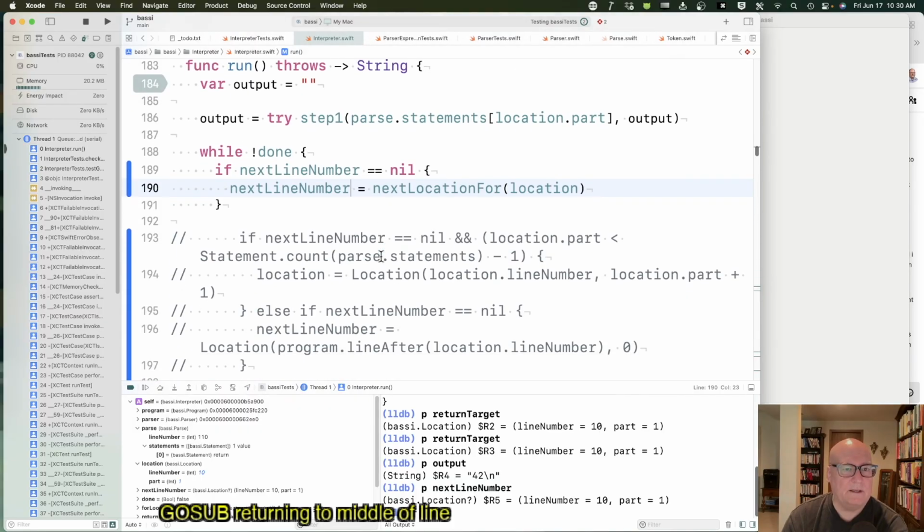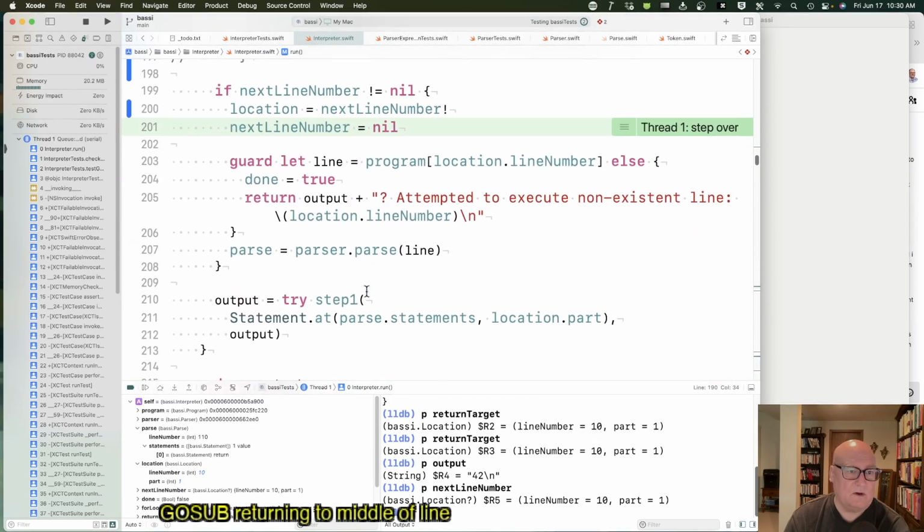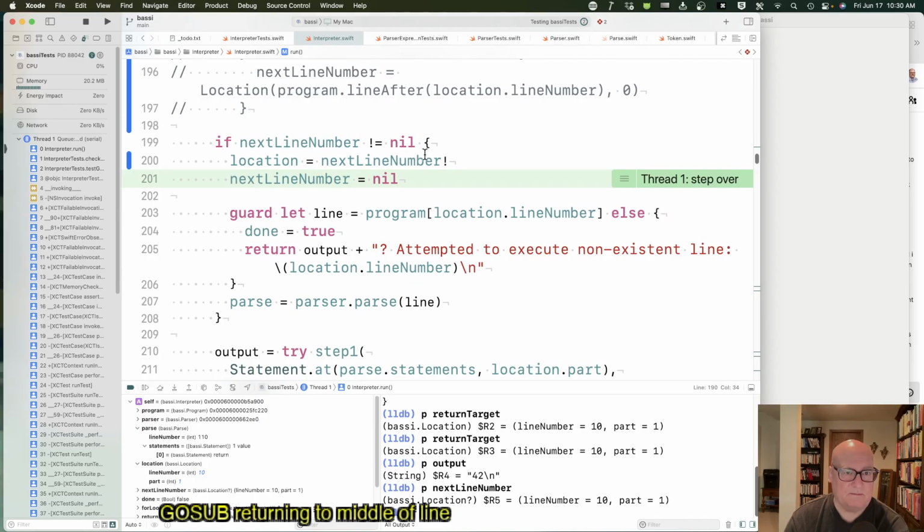So, however I get in here at this point, next line number is no longer nil. It either was set already or I've fallen through to the next location. So this always happens. Location equals next line number. Yes. Okay, but I don't want to do that first. I think I want to